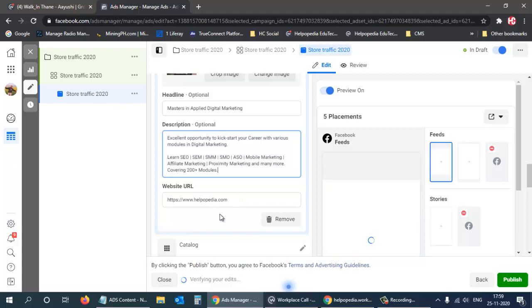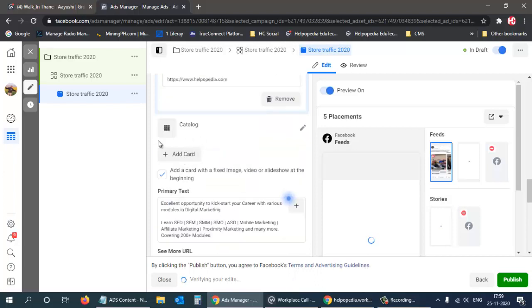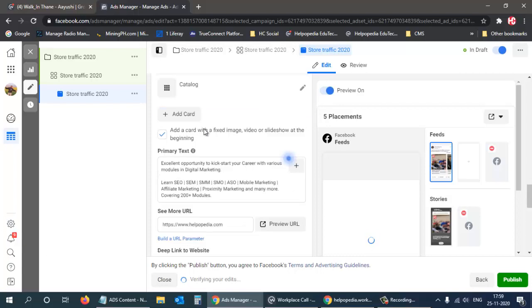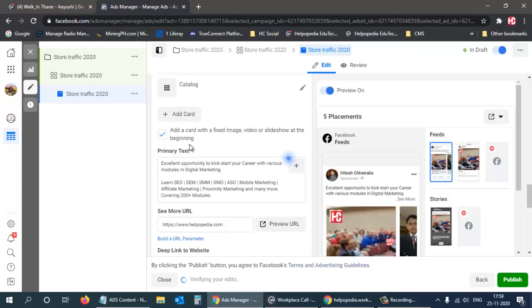Then catalog is selected. Add a card with fixed image, video, slideshow, at the beginning. Okay, so that if you want. And over here we need to select the catalog.